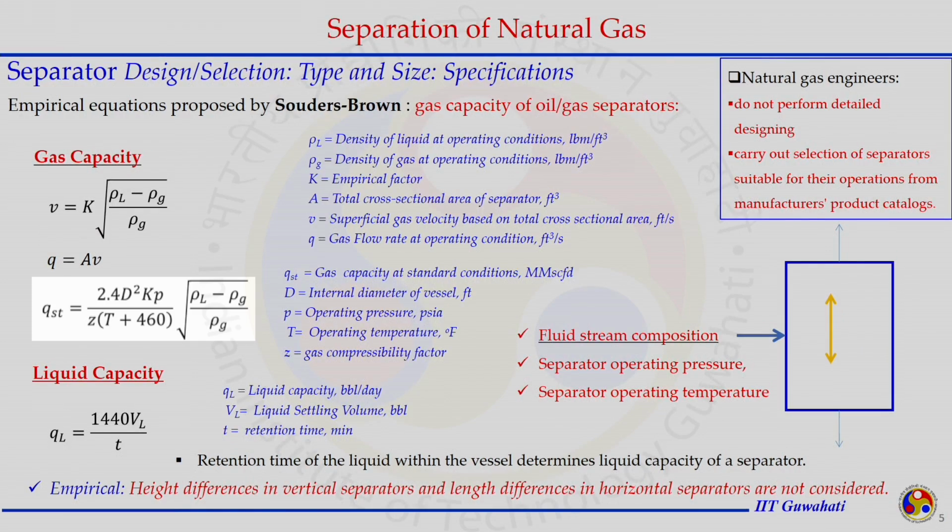and that could be done through the measurement of gas capacity and liquid capacity. As already mentioned, the function of a gas separator depends on the fluid stream composition, that is, the reaching temperature and pressure. So, we know the separator design depends on the fluid composition, and the temperature and pressure at which the separator is being operated. So, if we change any of them, like the fluid stream composition or the temperature and pressure, the output of the separator will change.